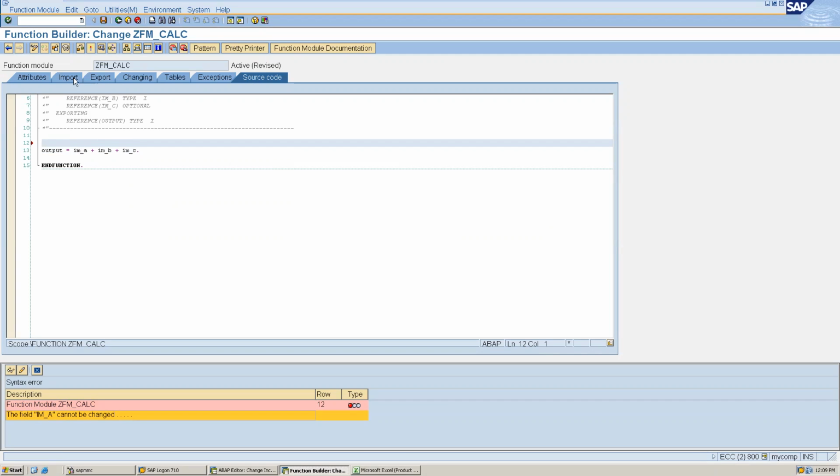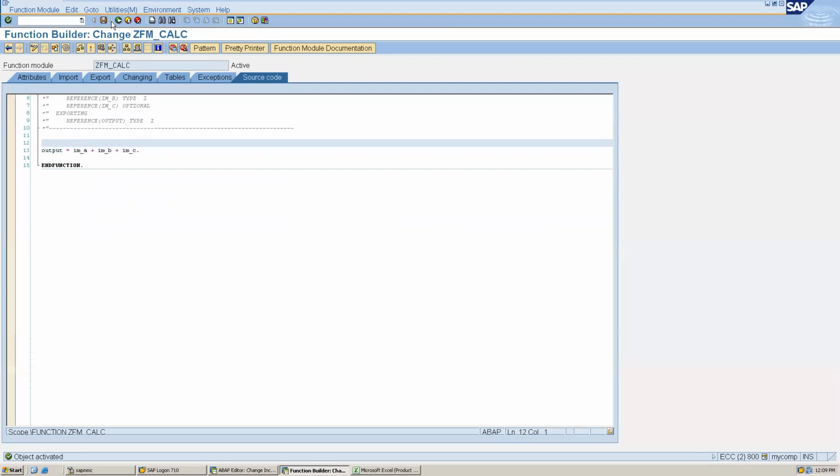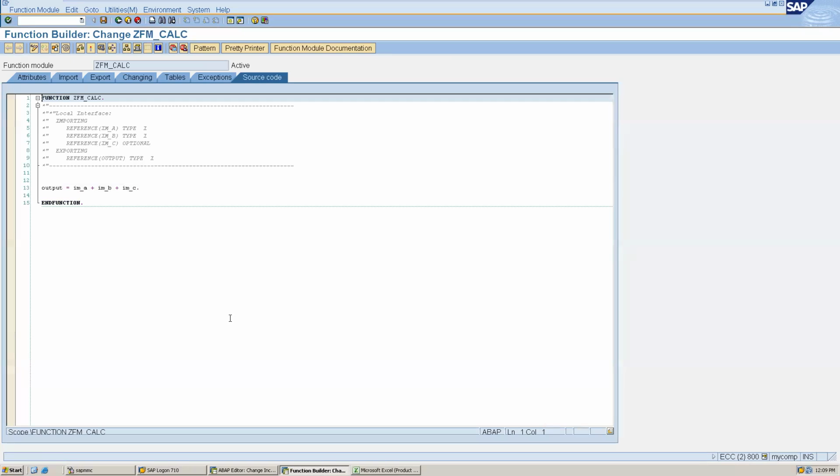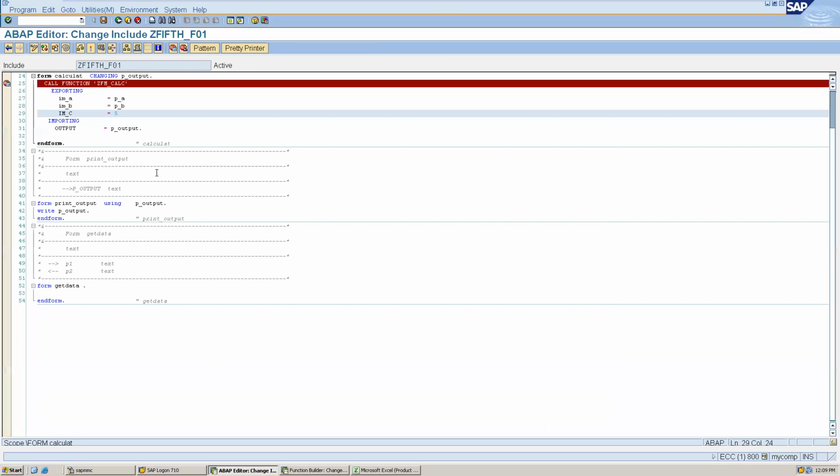Got it? So it is like using, but in case of using it was allowing, but here it is not allowing any importing parameter. But if we have to change anything, for example, here I have one variable, and if I want to change the value of that variable, I can pass that value in changing parameter directly.